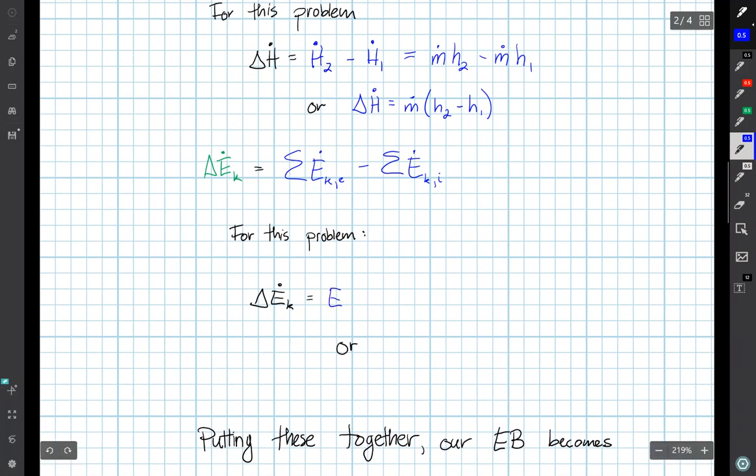So we can write, all that's exiting is E dot K2 minus E dot K1. So out minus in, and that's 1/2 m dot V2 squared minus 1/2 m dot V1 squared,